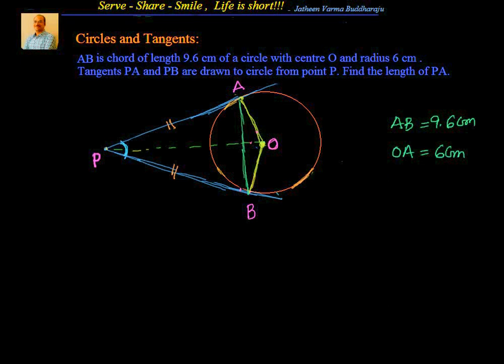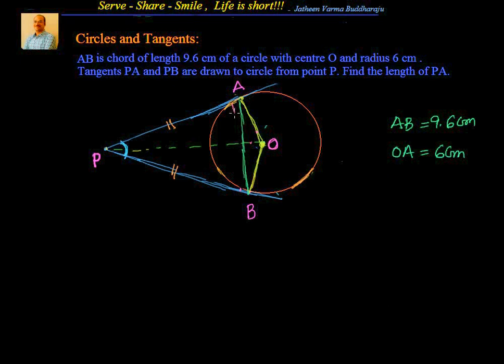So we can solve this in two ways. One, we can use similarities, and another we can use Pythagoras theorem. So first we will solve it using similar triangles, then after that we will solve it using Pythagoras theorem. So first of all, which triangles are similar in there? To understand that, I have to look at which triangles will have the same angles. One I know is that this angle is 90 degrees.